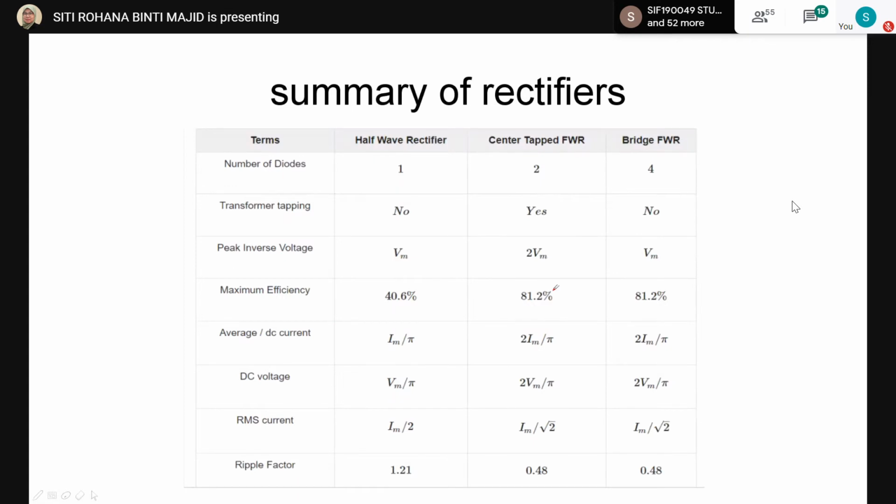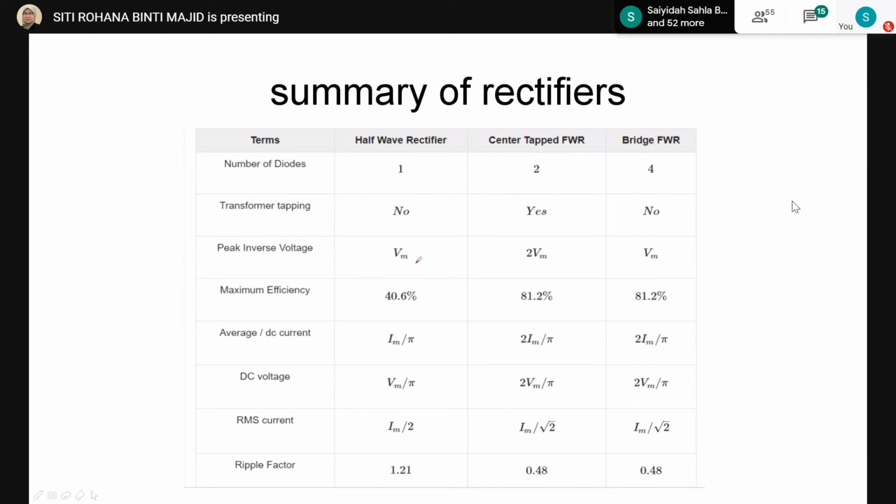The tapping is definitely only for the center tap full wave rectifier, but the formula for the PIV, which is the maximum voltage that can be applied to the rectifier,